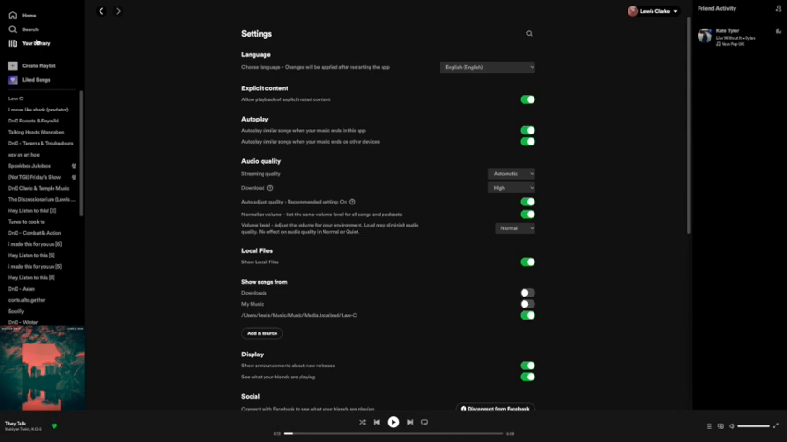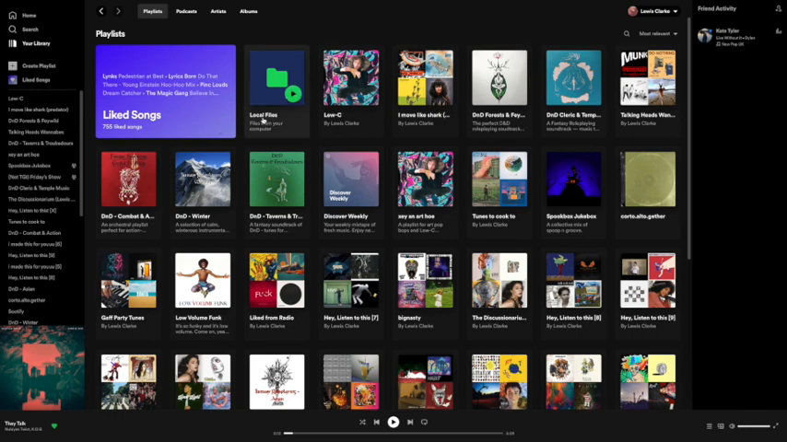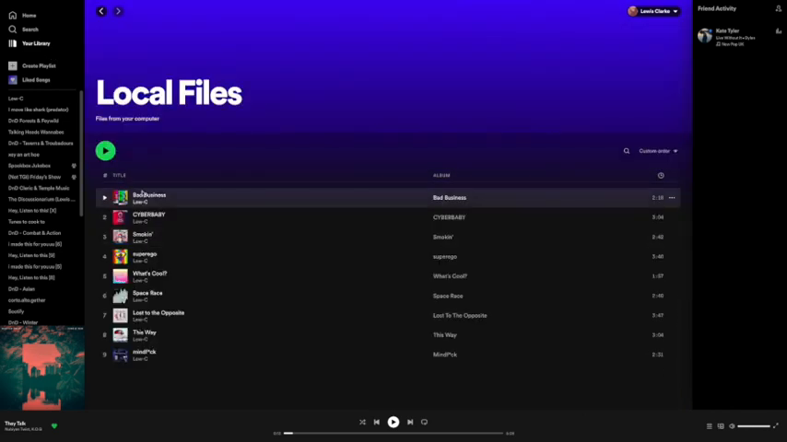Unfortunately, it doesn't work with WAVs, so it does have to be a smaller file type, but it's easy to convert those. And once you've done this step, the music should appear in your library under local files. Excellent. Here it all is,